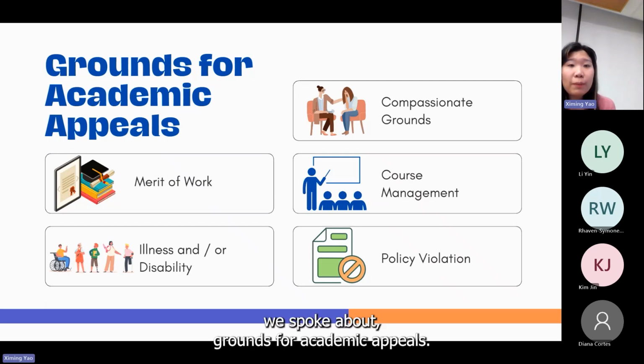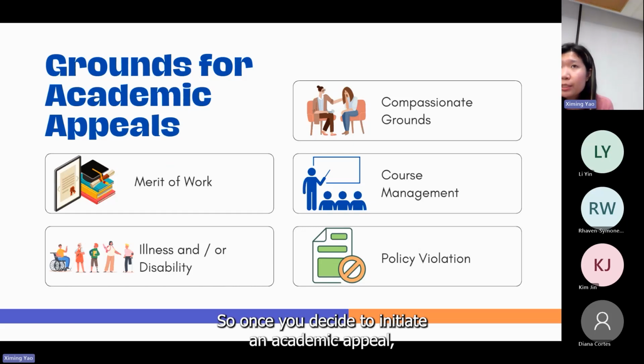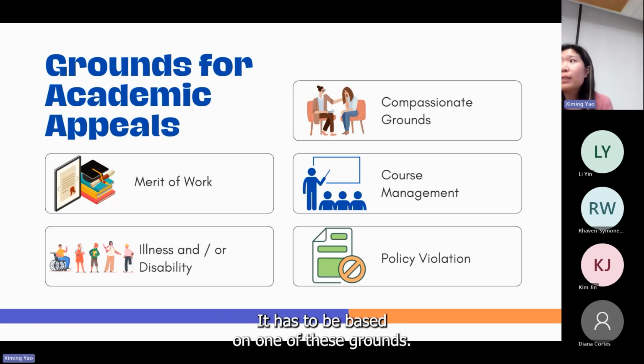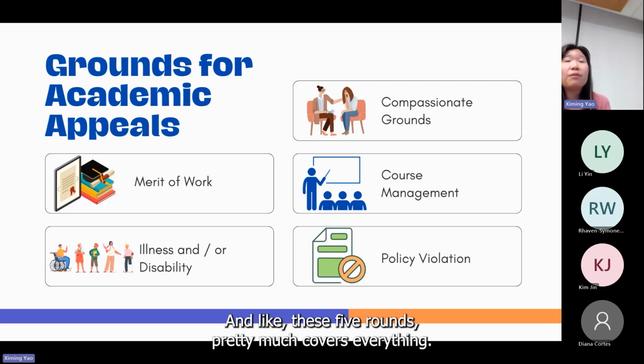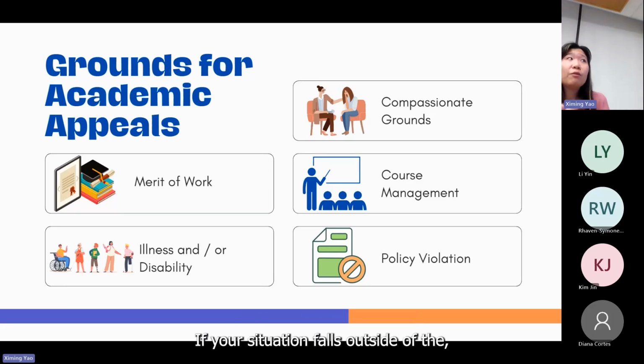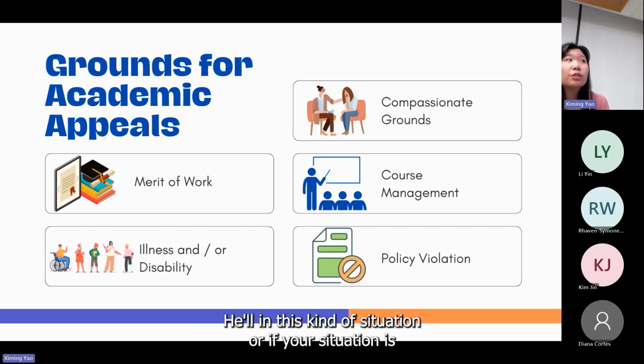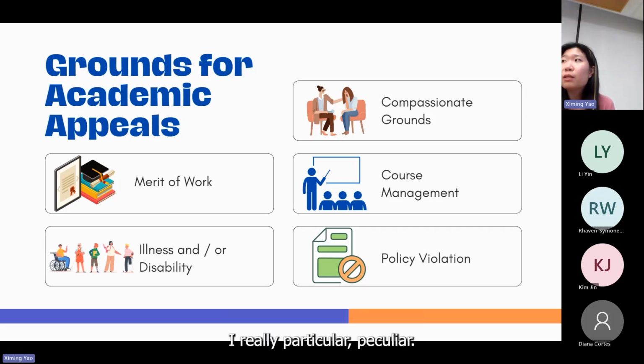Earlier we spoke about grounds for academic appeals. Once you decide to initiate an academic appeal, you need to pick one of these 5 grounds. Your appeal request cannot come from nowhere. It has to be based on one of these grounds, and these 5 grounds pretty much cover everything. If your situation falls outside of these 5 grounds, that probably means you're not eligible for an appeal in that situation, or if your situation is really peculiar and you don't know what to do, then you can reach out to the academic